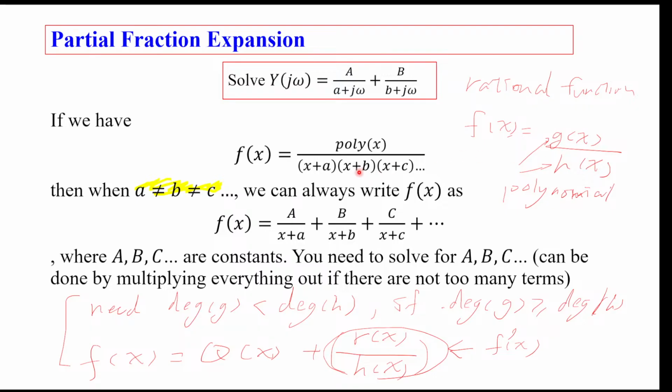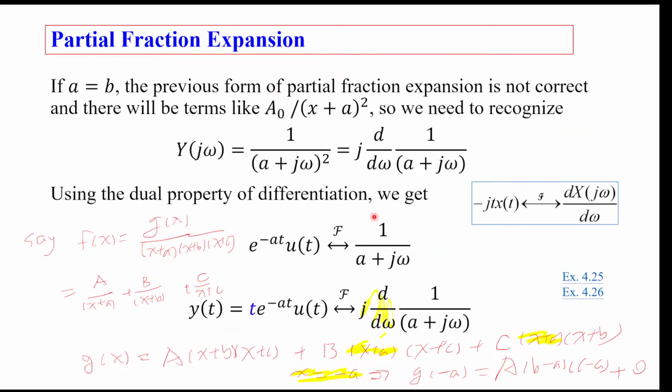Then you can always do partial fraction expansion into monomials, and if you are lucky and you have just order 1 monomials in the denominator, then you can just use this Fourier transform pair to get everything. If you have a higher order monomial here,